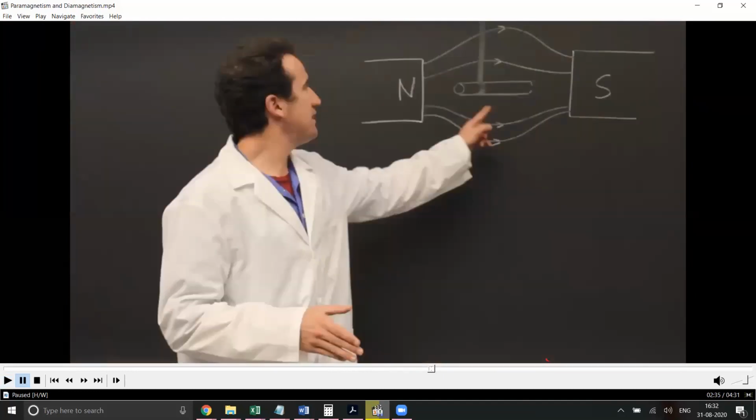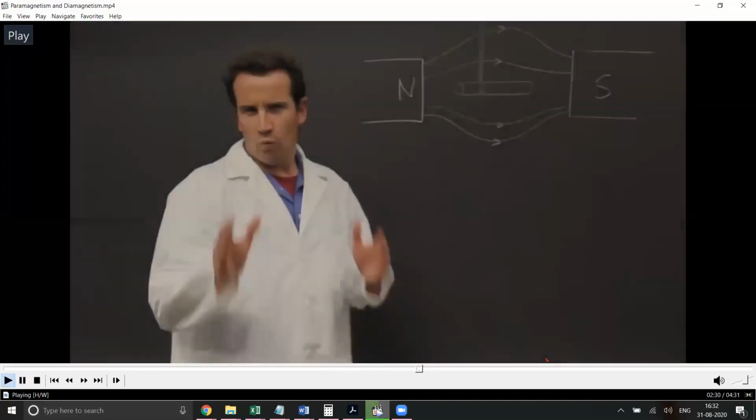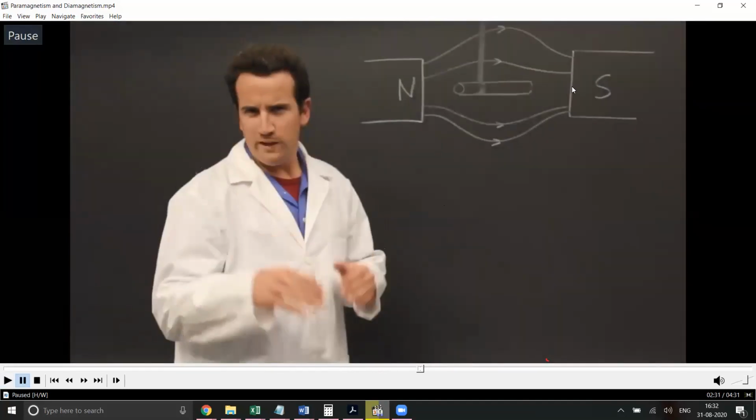This is what is happening. When you try to draw a diagram, you have a north pole and a south pole. Let's say you have a glass material suspended in it. We know that the magnetic field is away from the north pole and towards the south pole. What do you think will happen to this glass if it is a diamagnetic material? There will be no field lines near the glass. So it will try to align itself in the direction of decreasing magnetic field. Which material will try to align itself in the direction of decreasing magnetic field?